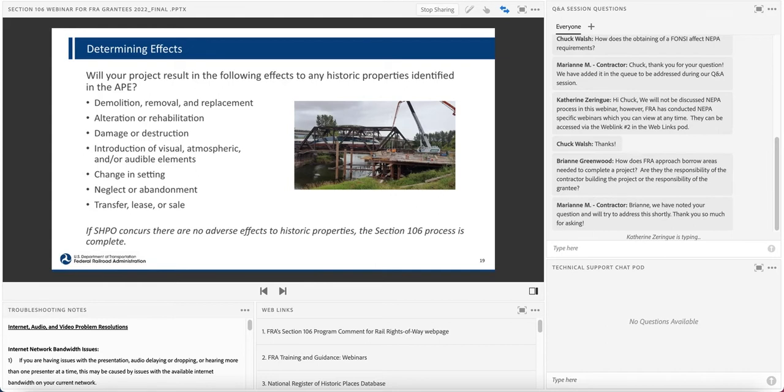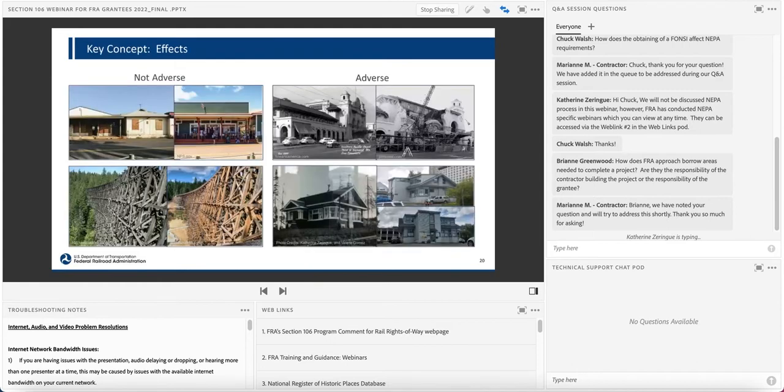Grantees should consider if their project will involve any of the activities listed here, as they may cause adverse effects to historic properties. On this slide, you will see some examples of projects that had no adverse effects. Those are the ones on the left-hand side of your screen, and that's because they restored the historic property or they used in-kind materials and methods to reconstruct a historic structure. The examples on the right show adverse effects because they demolished a historic property or altered the building and removed